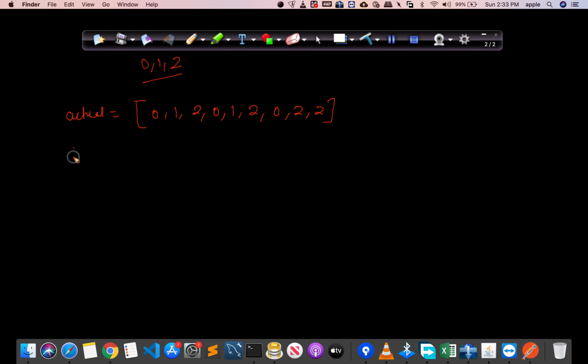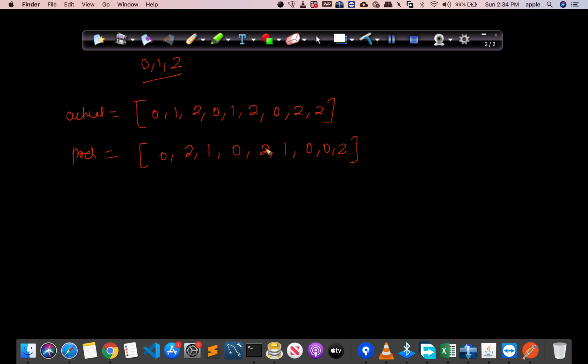And the predicted one is 0, 2, 1, then 0, then 2, then 1, then 0, then 0, and then 2. Now these are 1, 2, 3, 4, 5, 6, 7, 8, 9, and the predicted are also 9. So now we have 9 data points.